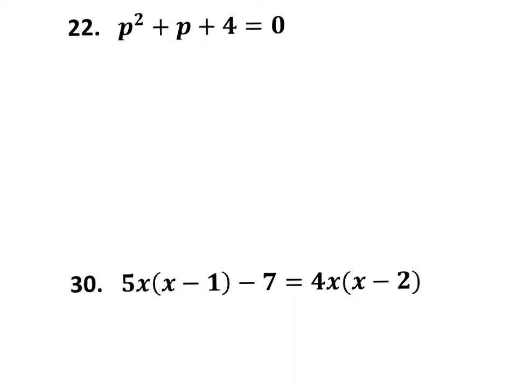Okay, so on this one now, all right, definitely quadratic formula. Completing the square is going to give us fractions. We don't want to mess with that, so we're just going to go straight to the quadratic. So x equals -1 plus or minus the square root of 1 squared minus 4 times a, which is 1, times c, which is 4, all over 2a. So 4 times 4 is 16. 1 minus 16 is